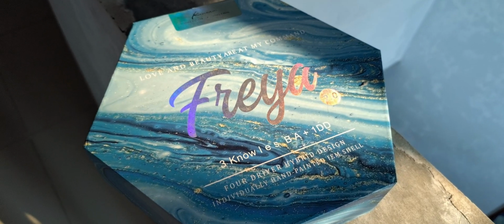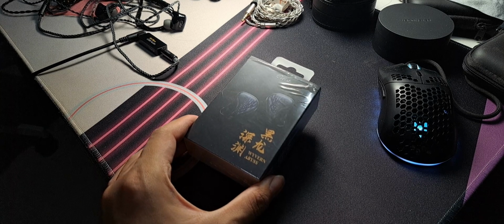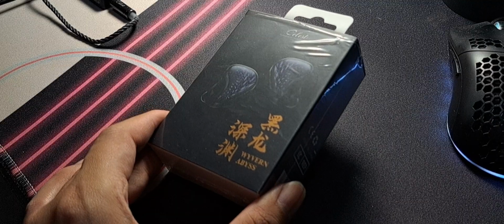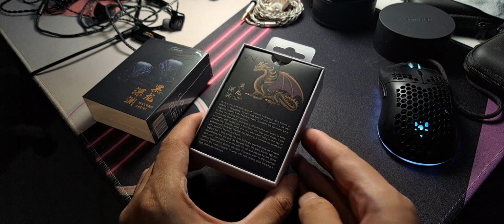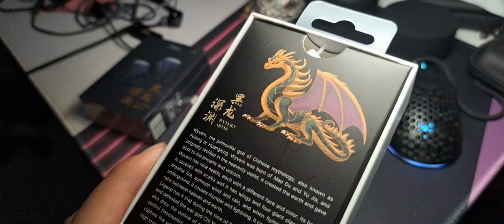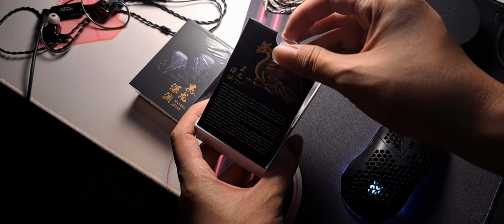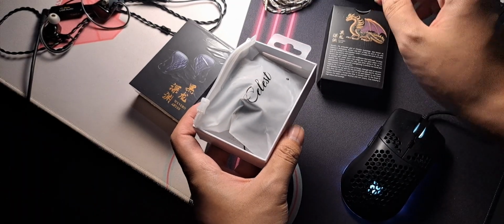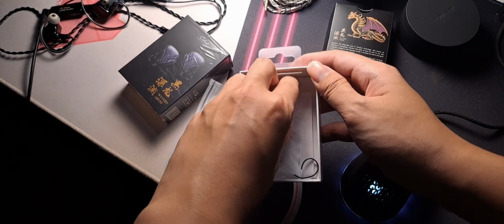Unlike the higher priced IEMs from Kinera and Celest, the Abyss came with a small box, with exceptional box art. Opening them up, like every Kinera and Celest product I have reviewed so far, the Wyvern Abyss tells a little bit about the Wyvern in Chinese mythology. Behind the card lies the Wyvern Abyss, neatly tucked inside a Ziploc bag, along with 3 sets of ear tips